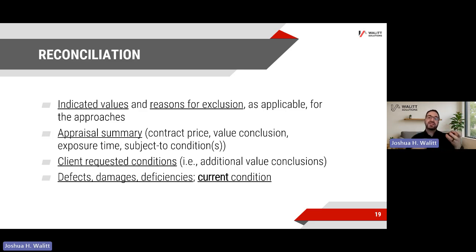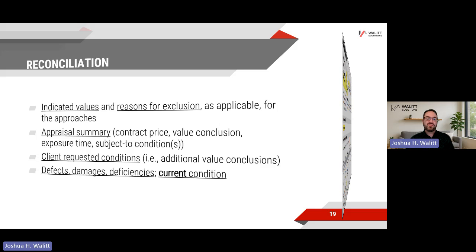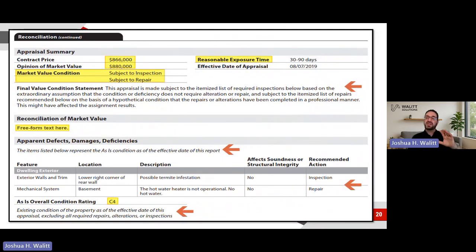So it accommodates these other lending activities that aren't necessarily mortgage and refinance, where maybe you're developing an as is and as repaired for a fix and flip, that type of thing. And then it also restates all the defects, damages, and deficiencies from throughout your report. So remember, we talked about there is an executive summary page at the very beginning. It restates all of the subject to inspection and repair items. Those appear throughout the report, and then they also reappear here in the reconciliation section. You don't have to type them three times. Once they're entered, it populates in all three areas.